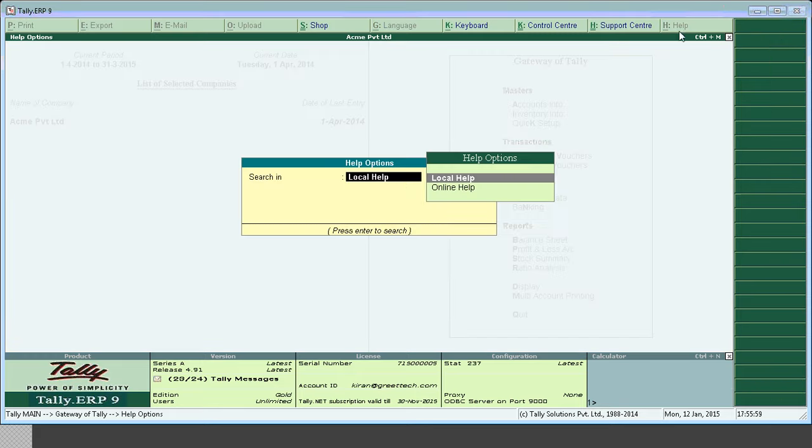On top, right hand side, help option. You will be getting two options, that is local help and online help. Local help uses the installed help file. If this option is selected and Tally cannot find the help file, you will be prompted to download and install